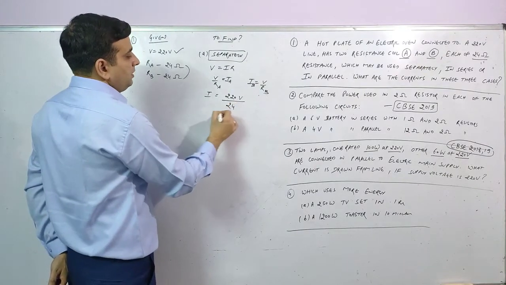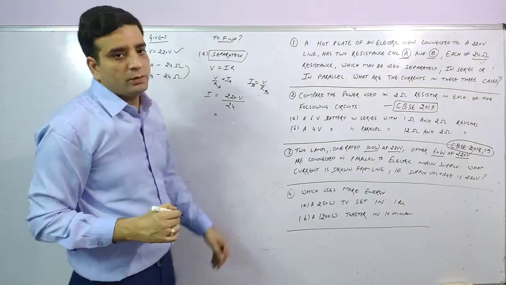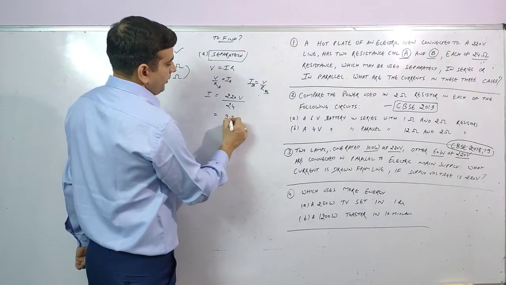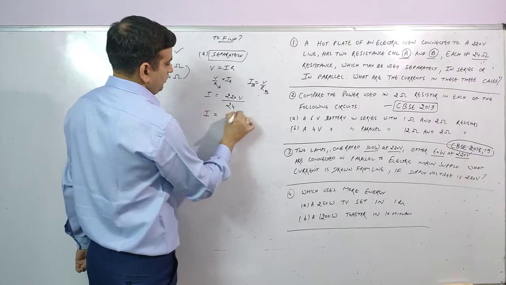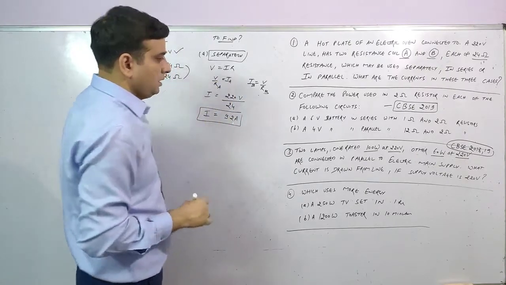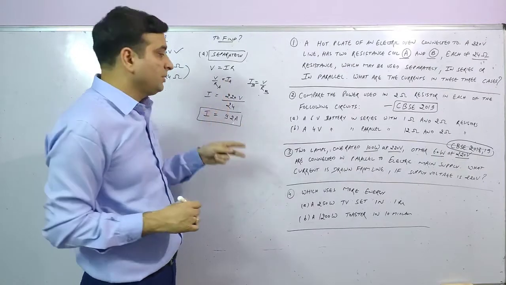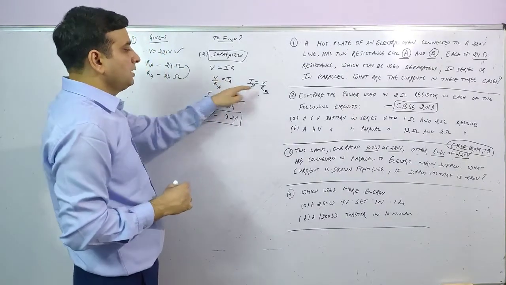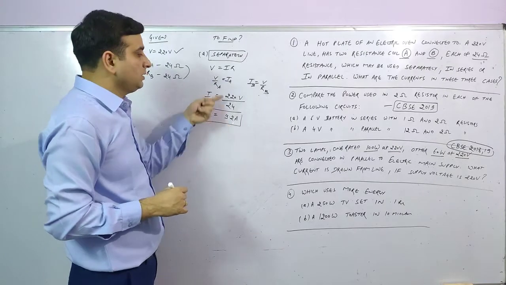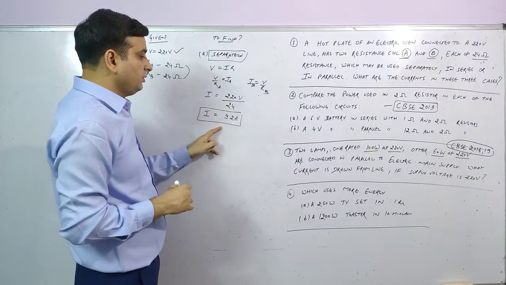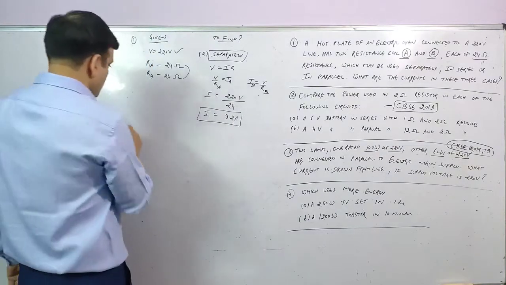So 220 divided by 24, it will be 9.2 ampere. I hope separately it's clear to everyone कि दो कोयल हैं, दोनों की रेजिस्टेंस सेम है, तो इसलिए आप दोनों को अलग अलग सोल्व करोगे, the solution will remain the same. 220 by 24, the result will be 9.2 ampere.